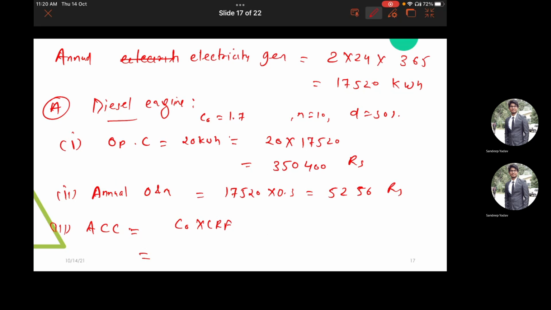And CRF, if you calculate for the D and N, that will be 0.323, because we have already calculated in the previous example, that is the same. Now we can calculate ACC will be 1,70,000 into 0.323,